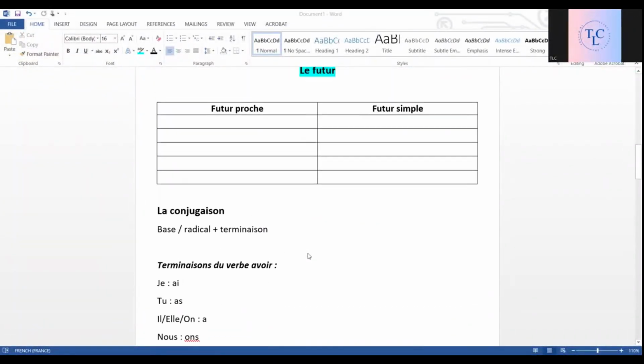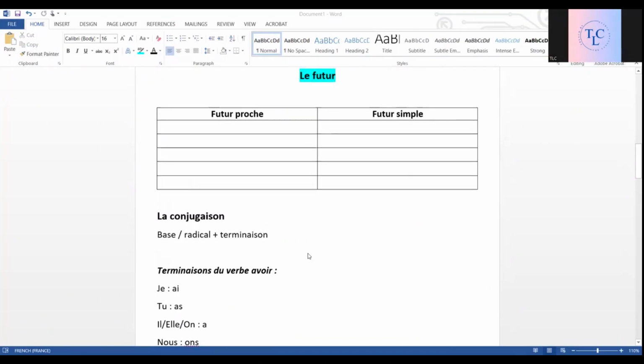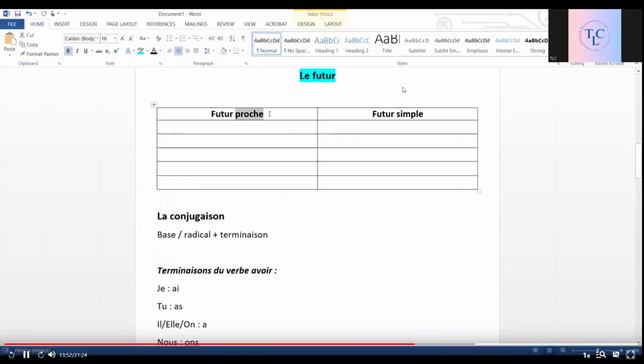Now, one important thing: when to use futur proche and when to use futur simple. Because we have two tenses in the future. So let's understand the main differences between the two. The first is, as the name suggests, futur proche. Okay, so it's more about